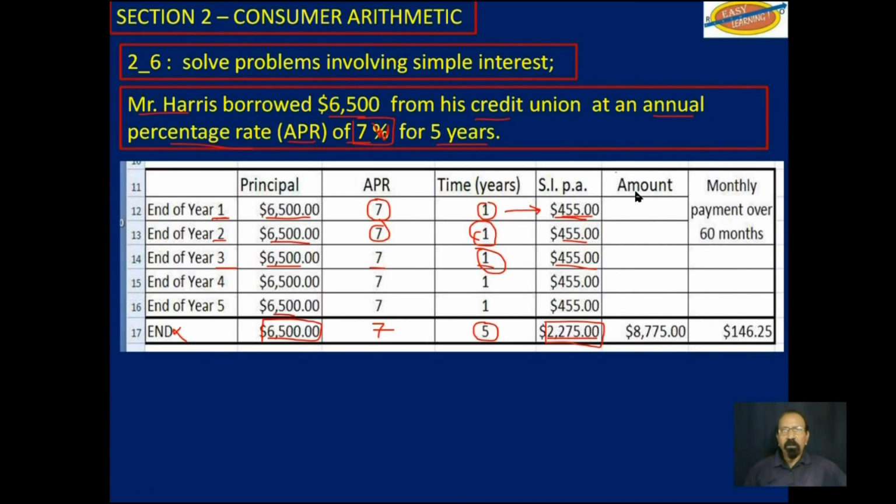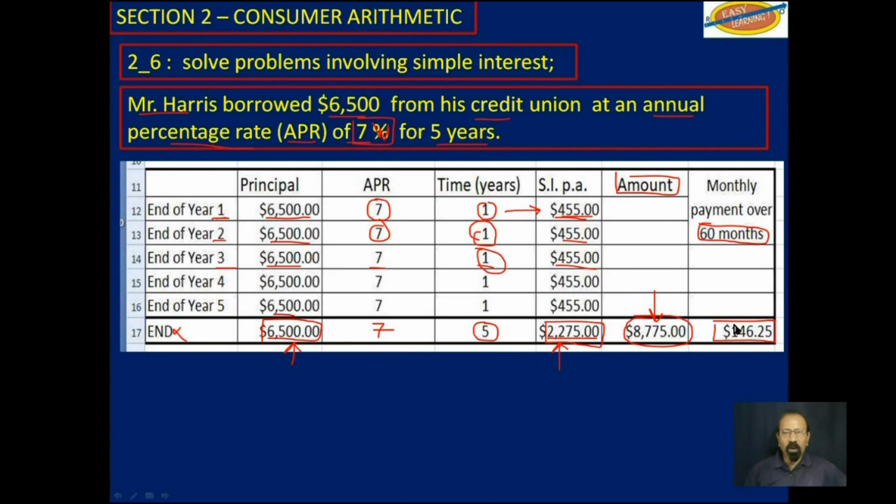Now, the amount will be the principal plus the interest. So if you add those two, you get $8,775. And then remember, this is over a 5-year span, so that would be 60 months. You divide this amount by 60, and the monthly payment that Mr. Harris would need to make is